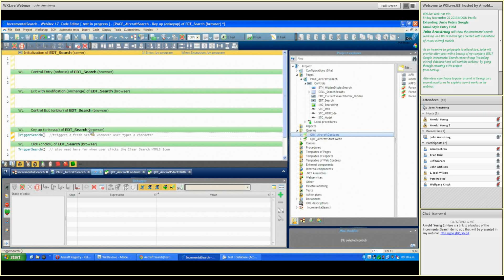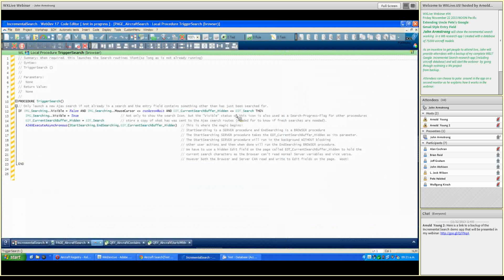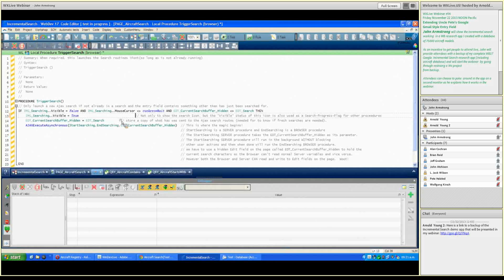Now, press the F2 button when highlighting a procedure you've written, and it will open up the browser procedure. Browser procedure, not server procedure. Here is that browser procedure. I've tried to stick some comments in there, but they tend to make it perhaps a little bit harder to read rather than easier to read. I don't know. Anyway, what we're doing is this: